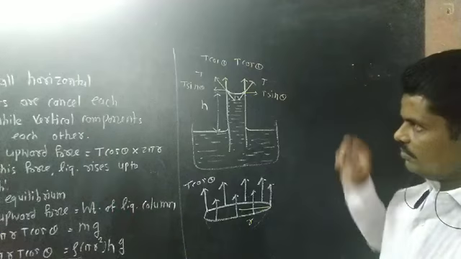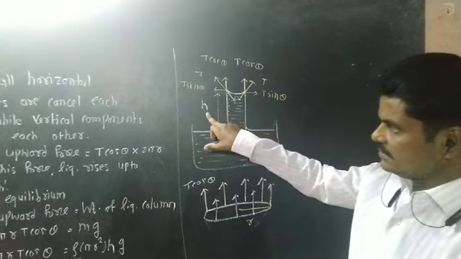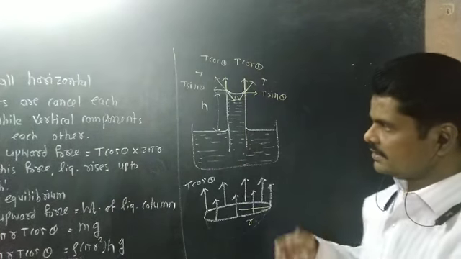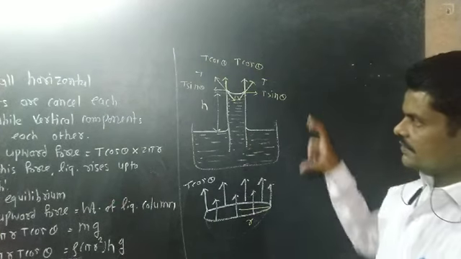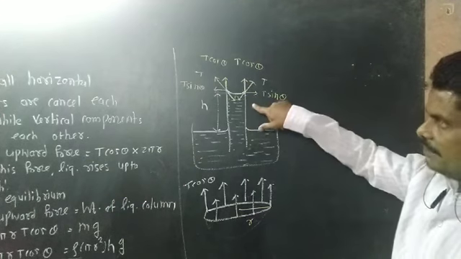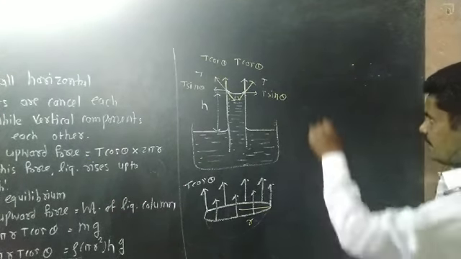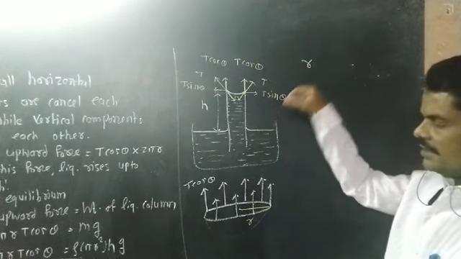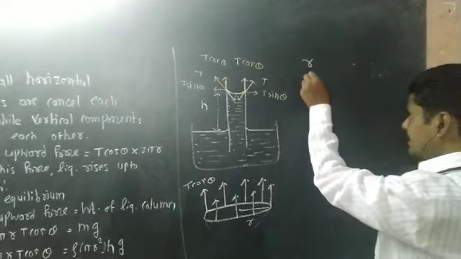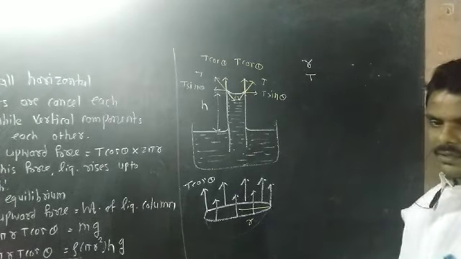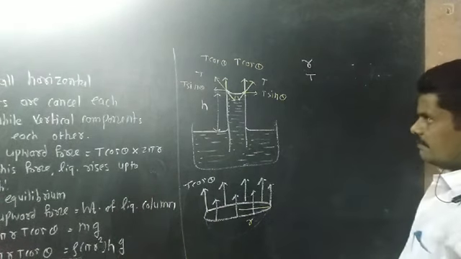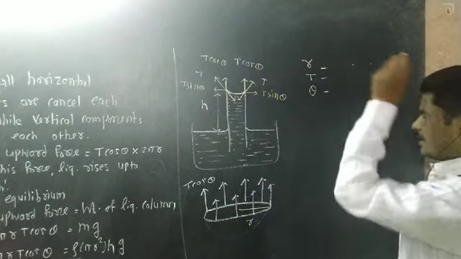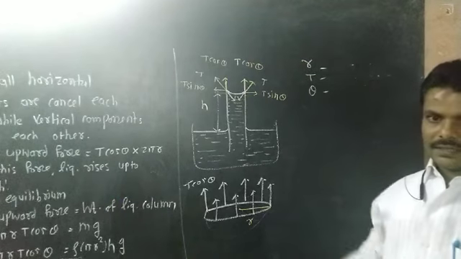Now we have to find out what is the height of that capillary rise and on what factor this height depends. So in this figure I will show this is a capillary, and the radius of capillary I will take as r. This capillary is vertically dipped into a liquid having surface tension capital T, and the liquid makes an angle of contact with solid, and that angle of contact is theta. You remember these three terms.